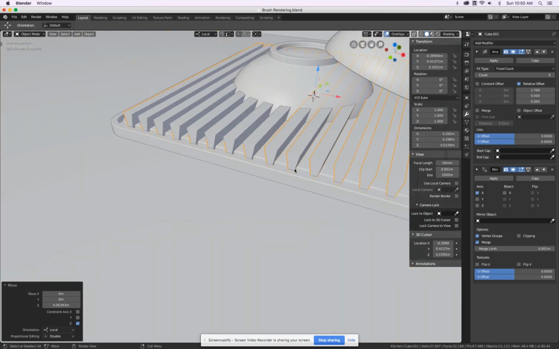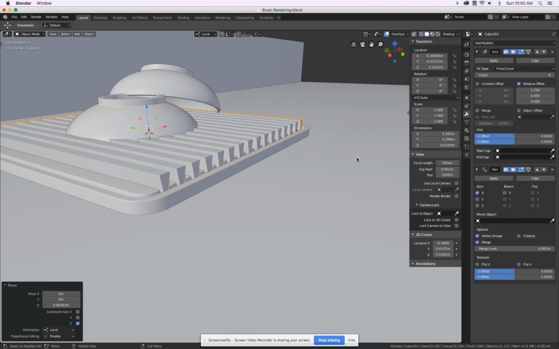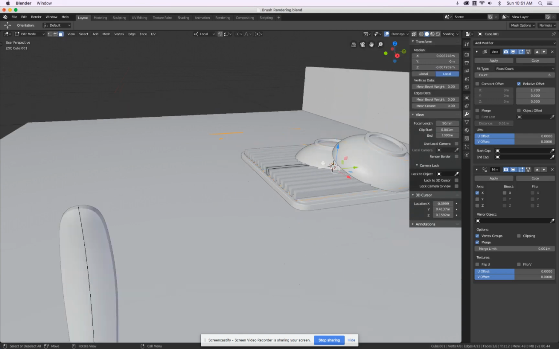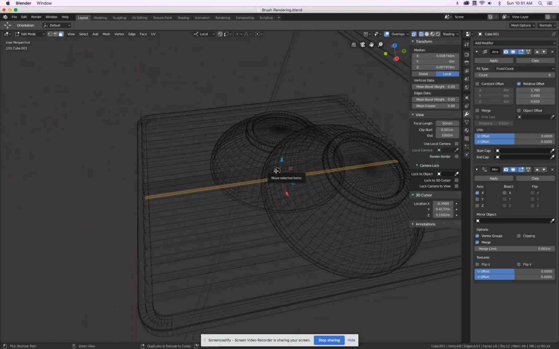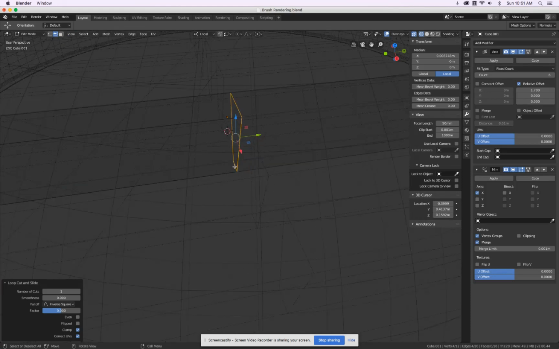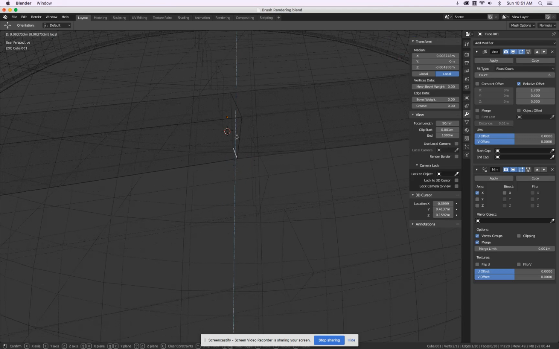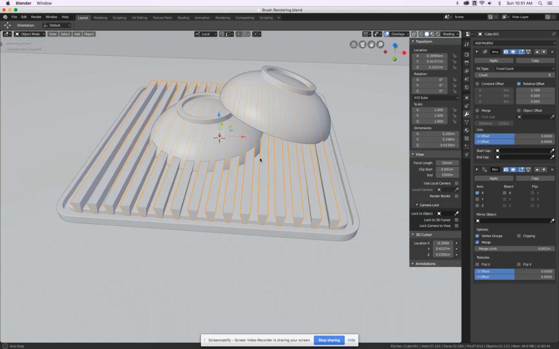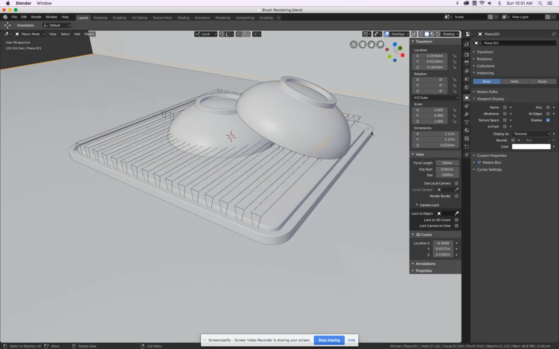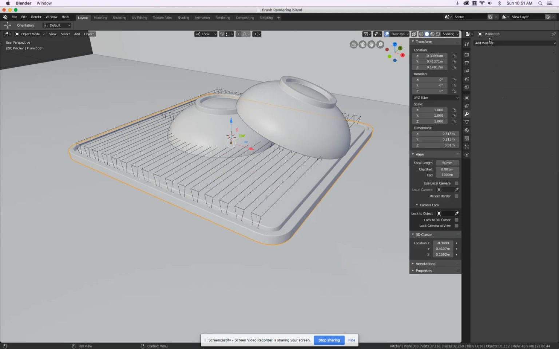Okay, very good. And if we want, for example, to have a flow direction for the water, we could even do the following. I add in edit mode a loop cut at the center, just one, and then I select that lower edge and then move this one up. That will actually slant the surface. This I will use to cut. So first I will set this object to wire,